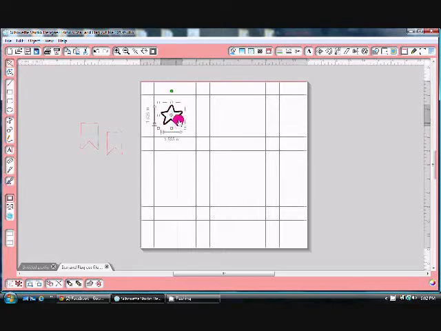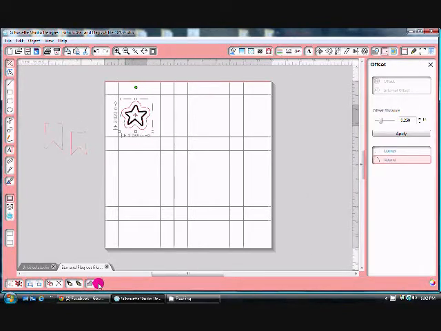If you want to make sizes a different way, you can click on it and then select this one down here, this target-looking icon, and it'll go around it like this, and then you can decide if you want it cornered or if you want it rounded. But notice how it makes it kind of a bubbly look. If you don't want that look, then just take your image and drag it from a corner and make it